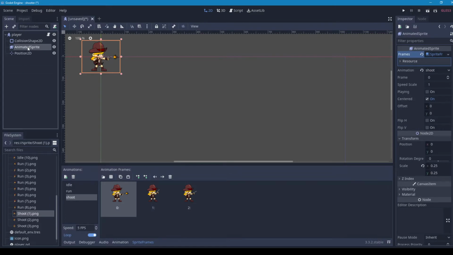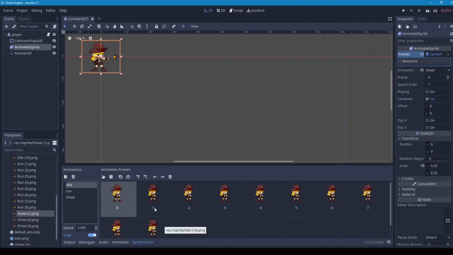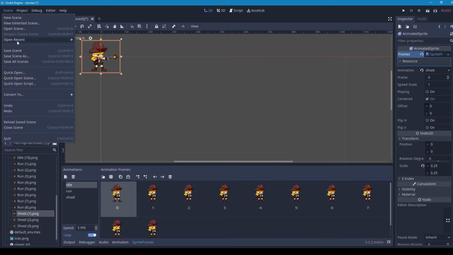Back in the animated sprite, let's get rid of the loop function. We don't want anything to loop in these, apart from the idle one, that can loop. Okay, we'll save the scene,